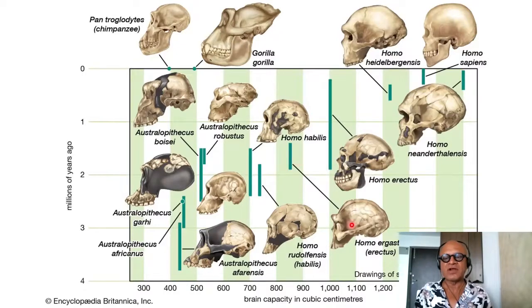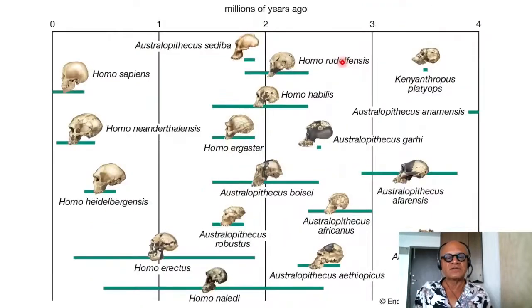Homo habilis, Homo ergaster, Homo rudolfensis, Australopithecus afarensis, which we talked about before, which survived for a while in various species. So Australopithecus garhi, Australopithecus robustus, boisei, and so on. And here you have chimpanzees and gorillas still present, with their cranium being much smaller than us as well, and differences in thumbs as well. Okay, so